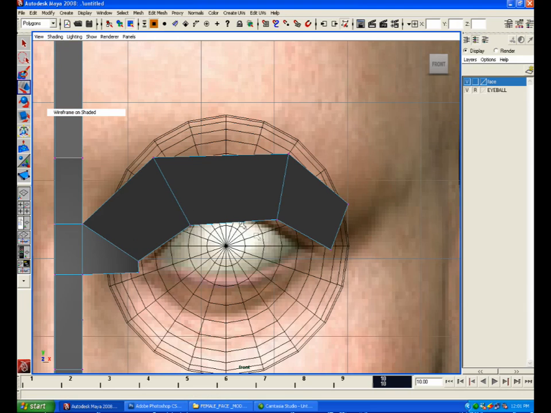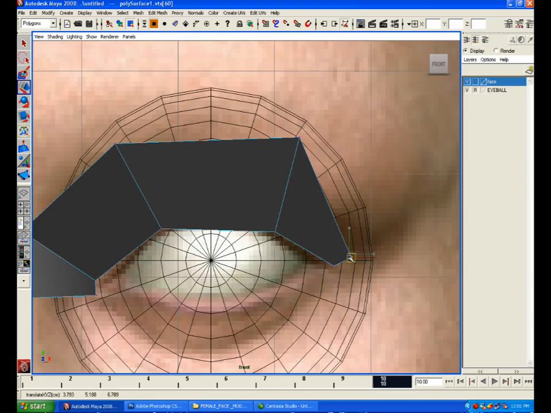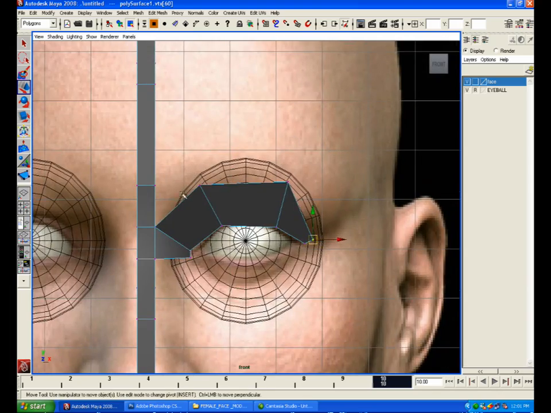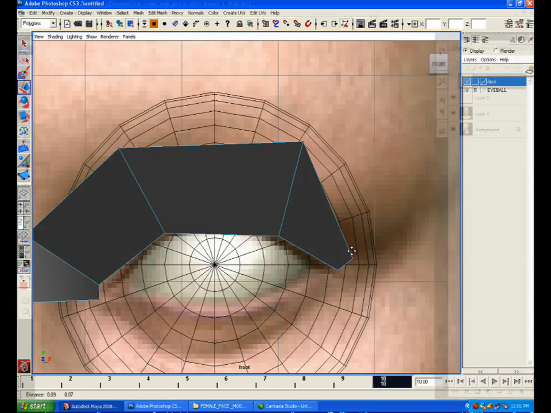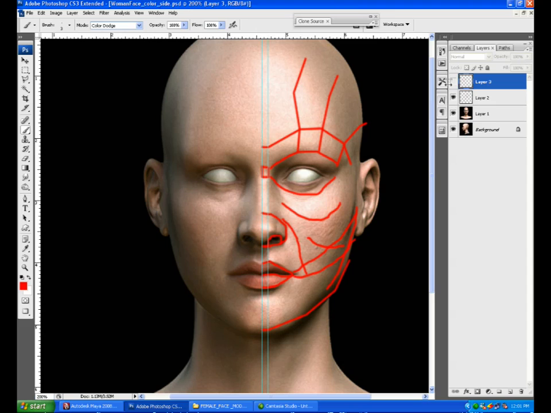So what I will do is first adjust the vertices, and then in Photoshop we will see that the upper portion of the eye